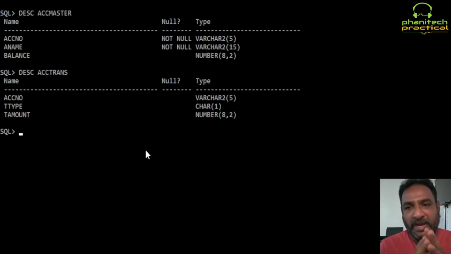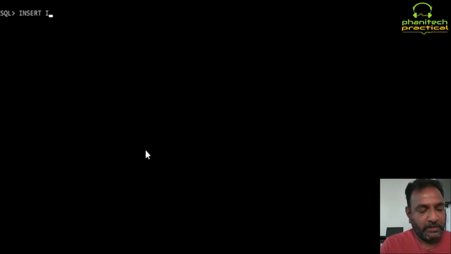Now my concentration is why I'm creating these two tables: I want to establish a relation between these two tables. That means whenever I try to insert records in the account transaction table, it has to check with the account master whether the account number is available or not. That I will show by inserting the records. Now insert into account master